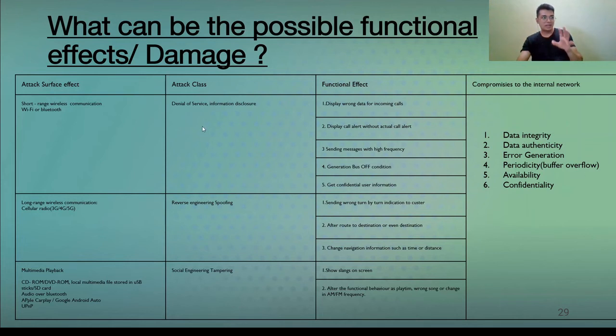And by the attack class, we also try to understand whether this attack is actually feasible, what level of knowledge the attacker needs for performing this attack, and how easy it is to perform this attack. So if that attack is easily performed, the feasibility rating will be high. With this feasibility rating and the impact rating, the risk is determined. So if you have a high feasibility rating and high impact rating, you have high risk, and if you have a low feasibility rating and low impact rating, you have low risk.